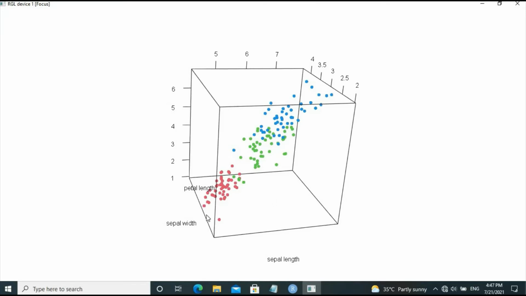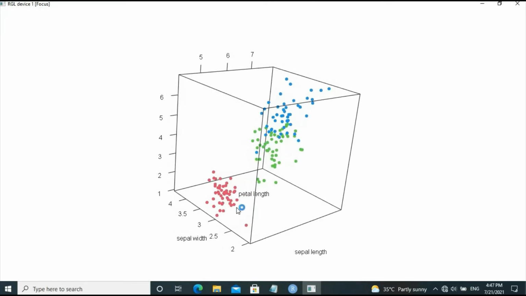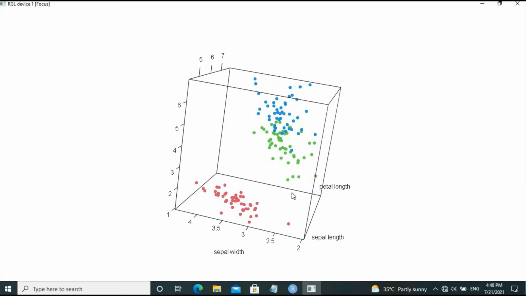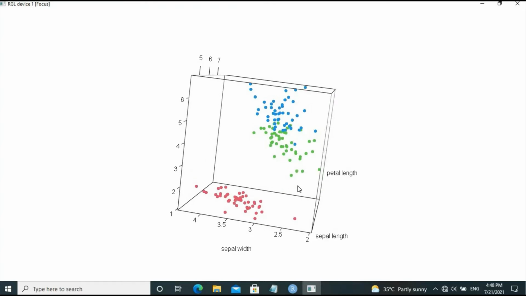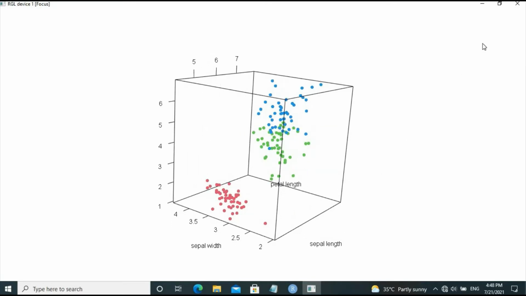Similarly, the petal length and petal width we should be able to analyze. The petal length is higher for versicolor and virginica, and the Setosa petal length is smaller only, right? So that is the advantage of 3D plotting.